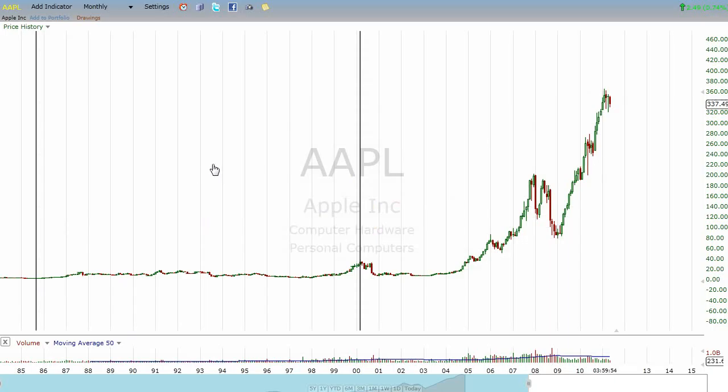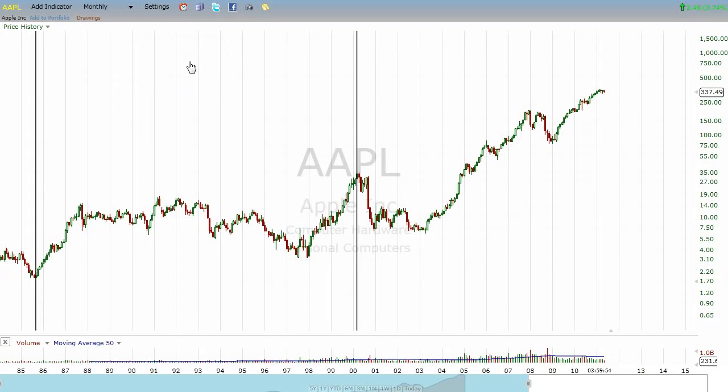But the arithmetic chart, because it has gone up so much more in terms of dollars, all of this movement is being masked, and this movement is being exaggerated. So that is why, rule number one, I use logarithmic charts. They show the percent gain in a correct graphical representation.